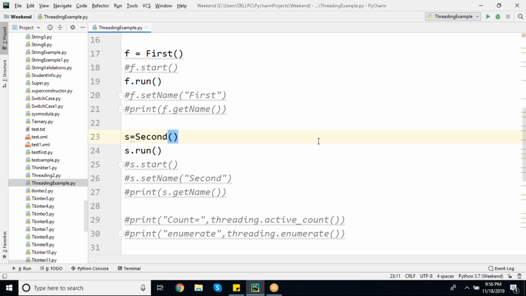Like this, both of us will be wasting this particular resource. Whatever resource we have got, we won't be using it properly. That is what thread synchronization is all about.